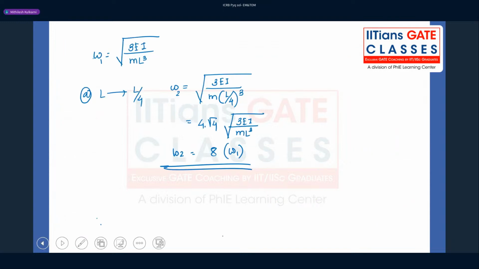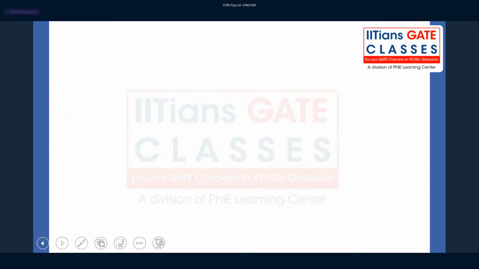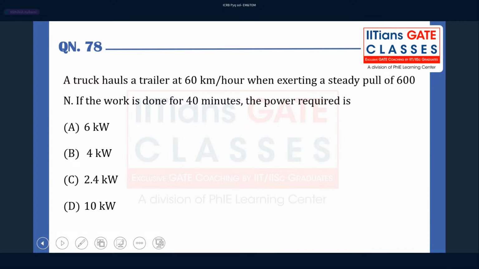Coming towards the next question. This is again related to the work and power. A truck hauls a trailer at 60 kilometer per hour. So we have velocity, which is 60 kilometer per hour, when exerting a steady pull of 600 Newton. They have given us the force, that is how much force it is applying for pulling it. That is 600 Newton. If the work is done for 40 minutes,